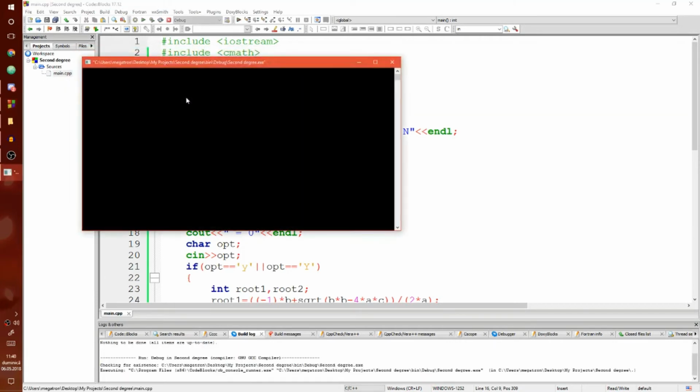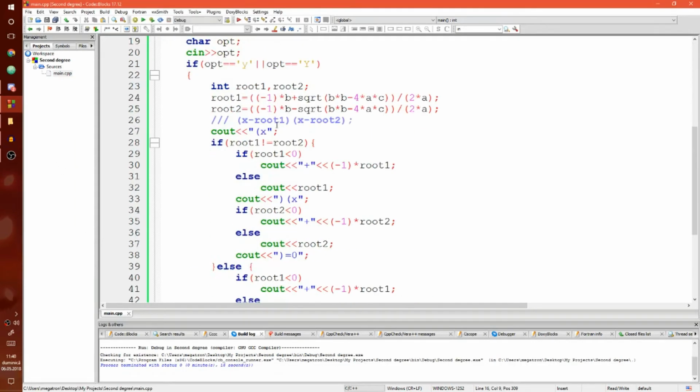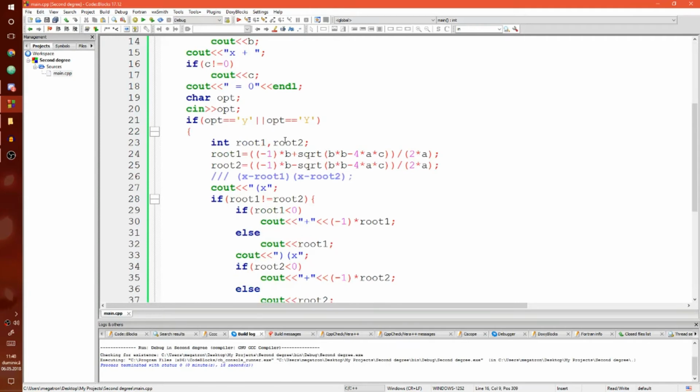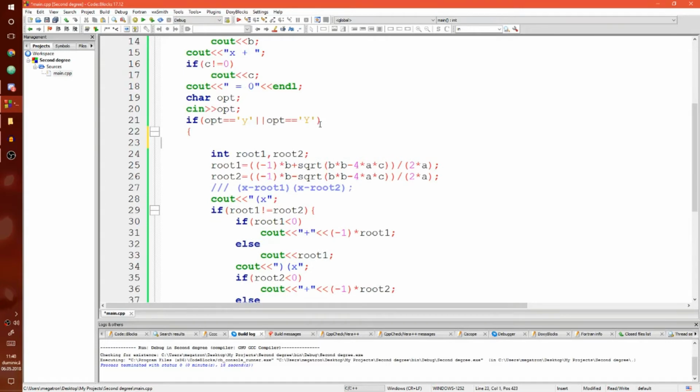Now, there are equations in which, let's say 10, 10, 10, yes, this is my equation. We do yes, and it crashes. I mean, it doesn't crash, but it gives off this very weird number. So the reason this is happening is because this square root here is getting negative. So we're going to get the roots, but before that,